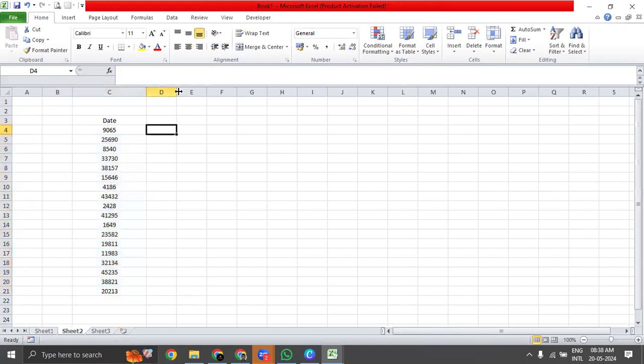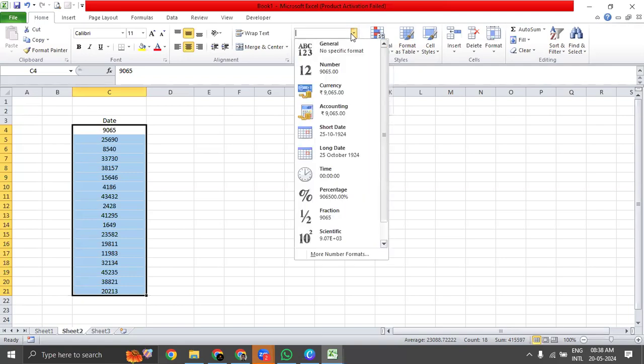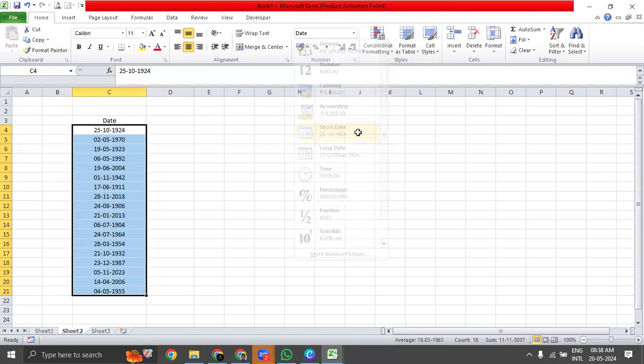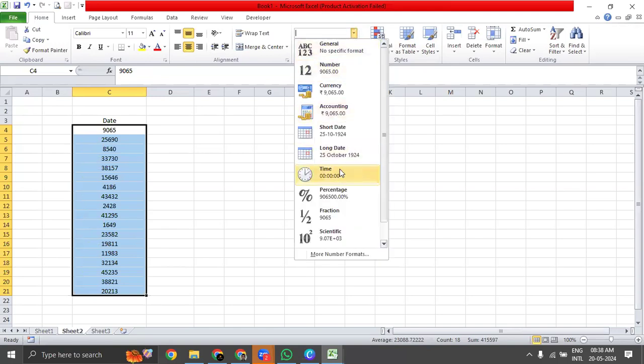If I want to convert this into a date, what I can do is click this and convert it into a short date. So I'll get my short date. If I go with the long date, I'll get my long date from this particular option. Okay. So if I make date from here,